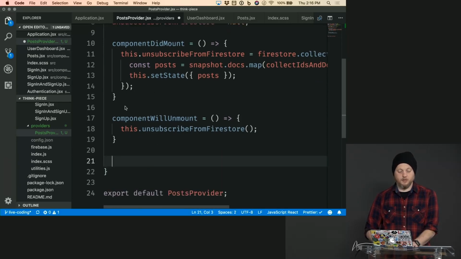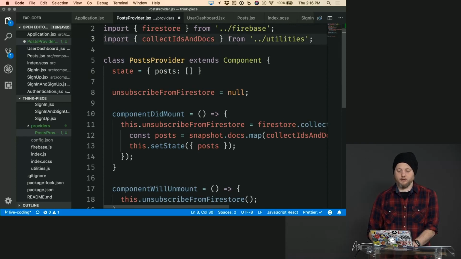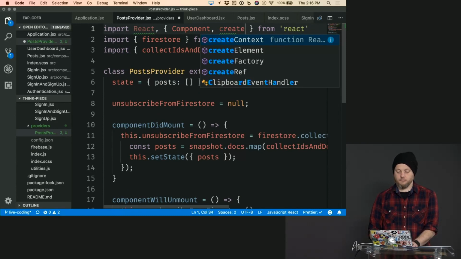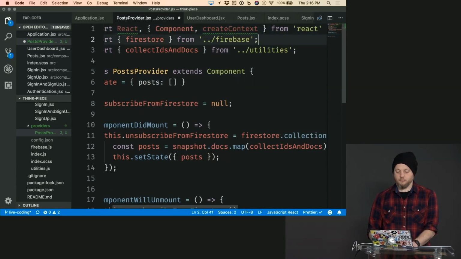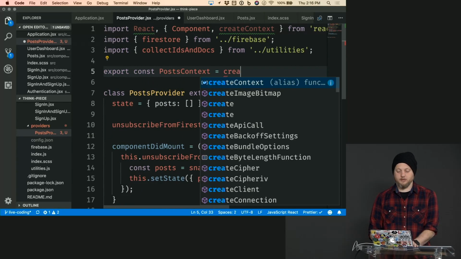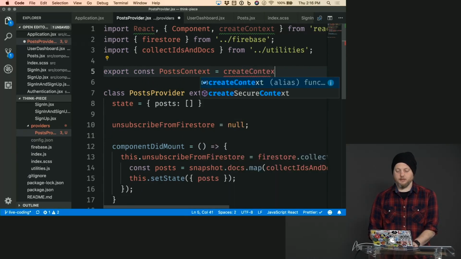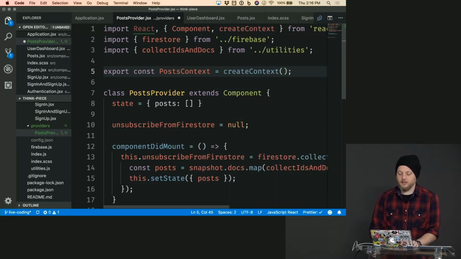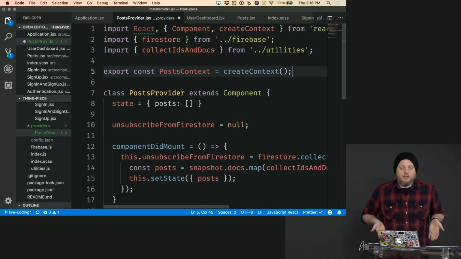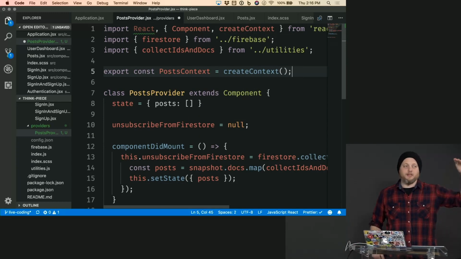what we're going to do is we're going to create a context about our posts. So we'll pull that in from React as well. And we'll say post context equals create context. What is context? Context is there's an API that kind of exists in React that allows components basically,